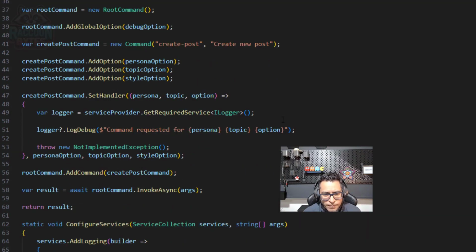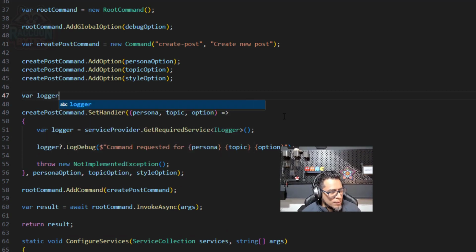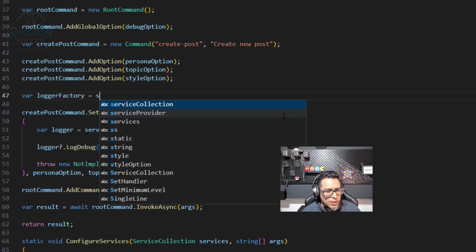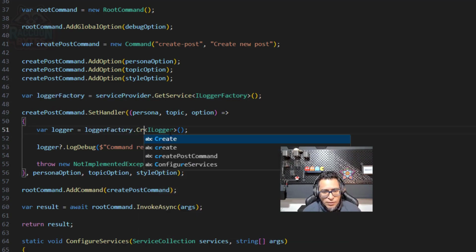Alright, yes, I think you cannot access the logger directly. I think you need to access it through a factory. So I just clicked pause and went to check previous implementations. Sorry, I don't have everything on my mind, but this is how coding is. So you have a logger factory, and then you access the logger factory to get the logger, right? So yeah, logger factory, and then you create a logger